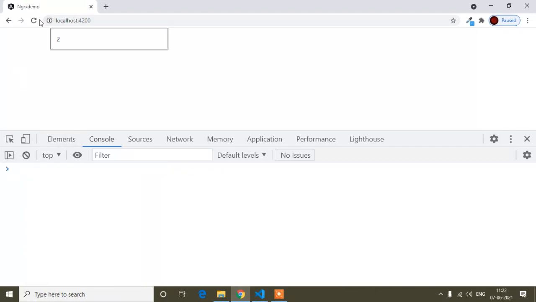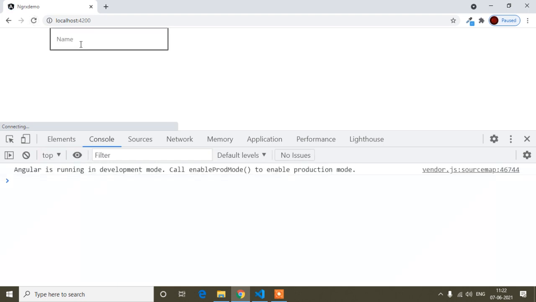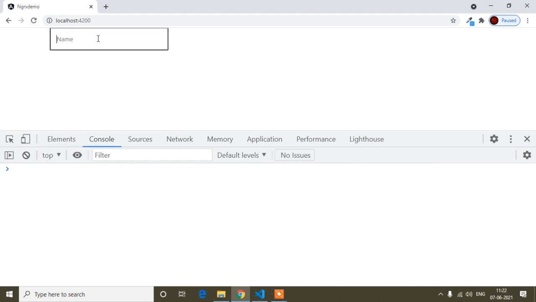So now I will refresh and again try to explain what's happening here. Suppose first of all the input field is blank, and now if I type 2, you can see I'm getting 1 2. Suppose I refresh again, and if I type 2, you can see 1 and 2 I'm getting again. But guys, if I type here again 2, so the value is 22.